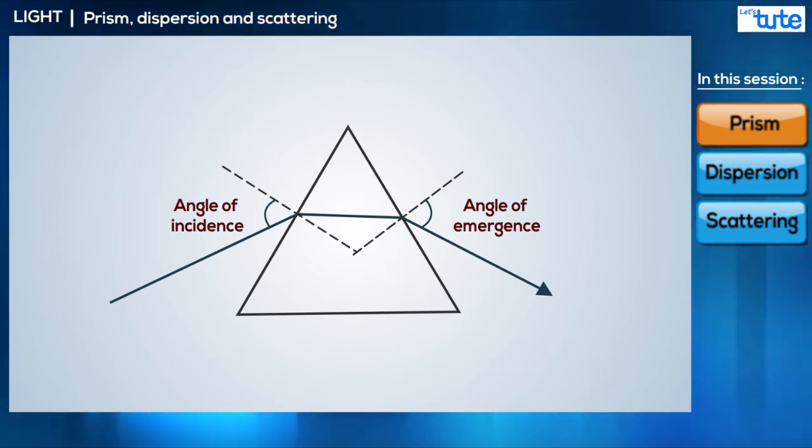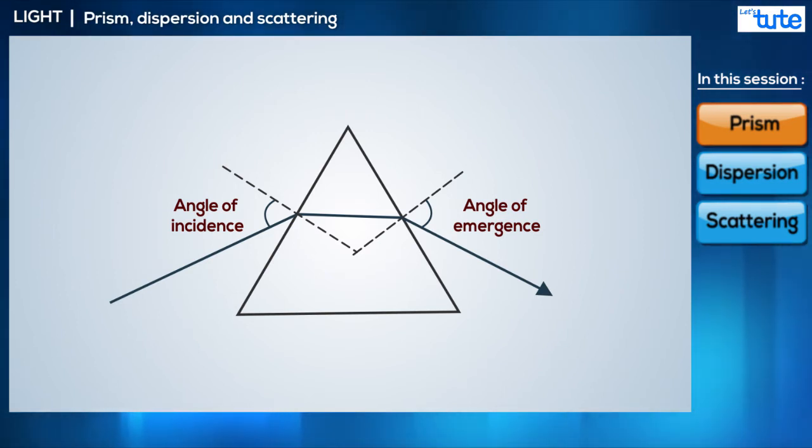When the ray is incident on the prism, it goes from a rarer medium, which is a medium in which light is faster, to a denser medium in which light is slower. Thus, according to the rules of refraction, we already know by now, the light bends towards the normal, which is towards the base of the prism. Then when it hits the other side of the prism, it is going from the denser medium to a rarer medium. Thus, now it will bend away from the normal and thus further towards the base of the prism. This is the most basic way in which a prism refracts light.